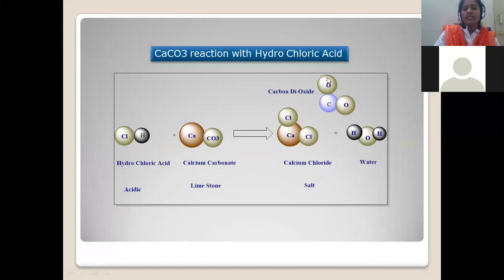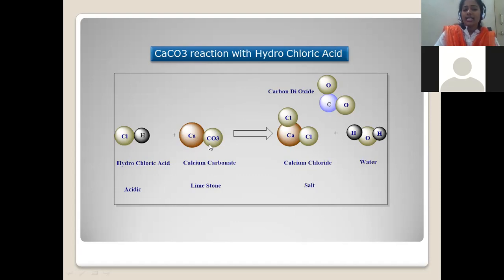So another gas is evolved in this reaction. This gas evolved will turn lime water milky. Lime water is nothing but calcium hydroxide. When this gas passes through calcium hydroxide, it becomes milky white, right? And one more thing: carbon dioxide does not support burning and stops the burning of a candle, right? So based on this, you can identify the gas as carbon dioxide, and the other product is calcium chloride. So most probably the starting material will be calcium carbonate. Then only this kind of product formation is possible, right?